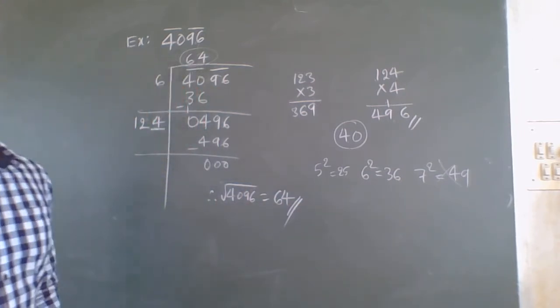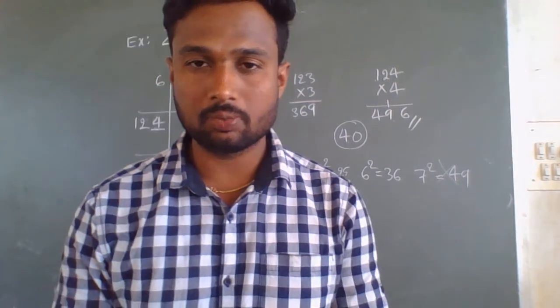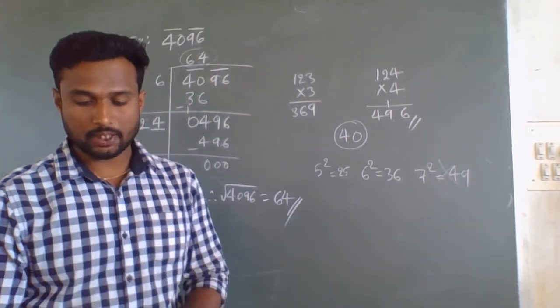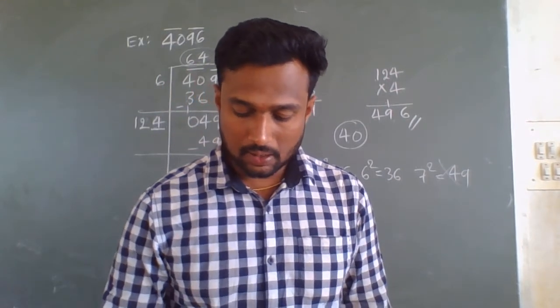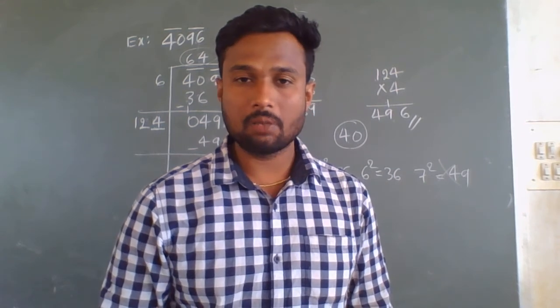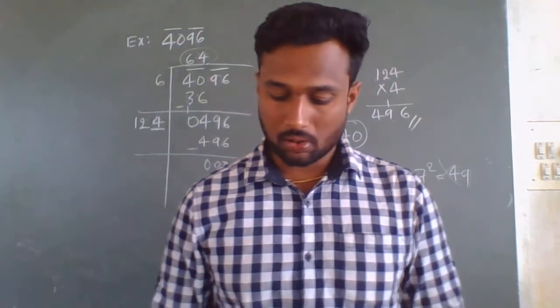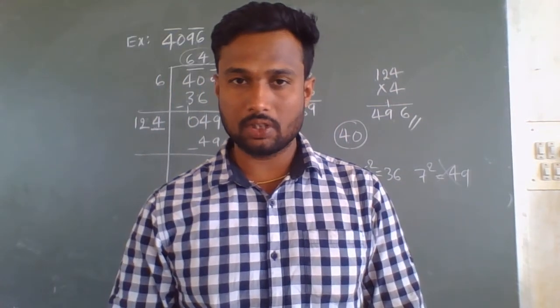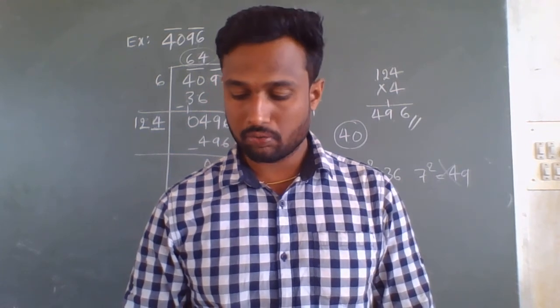Okay. So this is how to find out square root values by the division method. Like this only they have given another 3 examples, Examples 10, 11, 12 in page number 105. Try to solve those examples. They are already given as solved examples only. Solve those examples. They are given in page number 105.